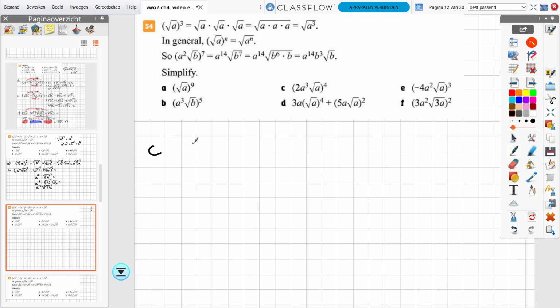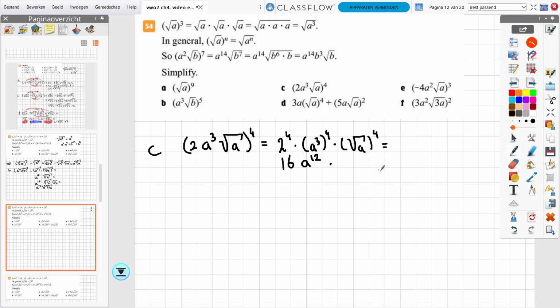C. 2a to the power of 3 root a, and it all is to the power of 4. So that means everything is to the power of 4, right? So the intermediate step you could write down is 2 to the power of 4 times a to the power of 3 to the power of 4 times root a to the power of 4. Everything. 2 to the power of 4, of course, is not 8 but 16, because remember, 2 times 2 times 2 times 2. A power of a power means I multiply the exponents,